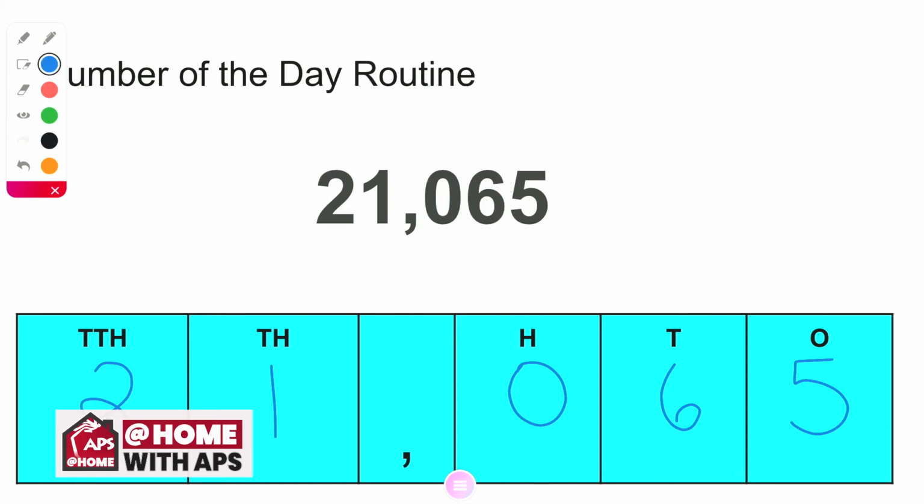I know we've talked a little bit about expanded form. Expanded form is when we're writing it out according to its place value. So if I have 21,065, how can I write that out in expanded form? All right, let's do that. Start with the bigger number first. We had 20,000 plus how many thousand? 1,000. Maybe I should put the comma there. Plus how many hundreds? Do I need to write this one? No, I don't need to put that 0 in there. Plus 60 in our tens, or 6 tens or 60, and 5 ones, right? Which gives us